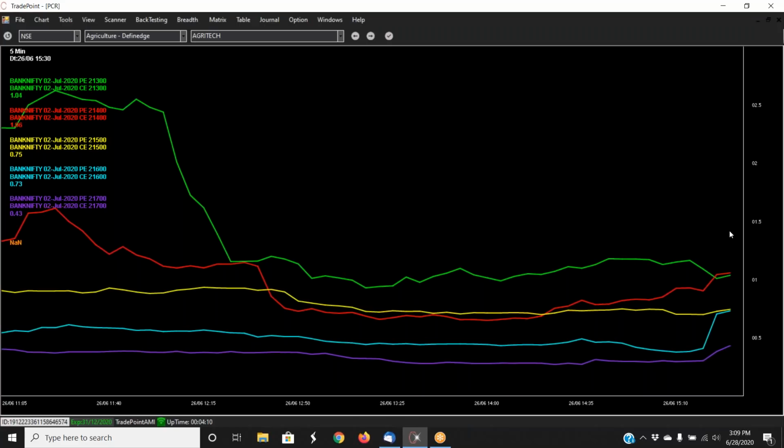Nifty has a good support. Bank Nifty has none, and I wouldn't be surprised if Bank Nifty goes below 21,000 quite fast, maybe on Monday or Tuesday. A 500 point move in Bank Nifty is not a big deal these days. And I think there is some bearish news on Axis Bank as well, so that can act as a big catalyst. What happens to Bank Nifty will be very interesting.